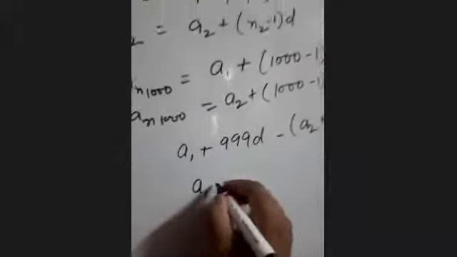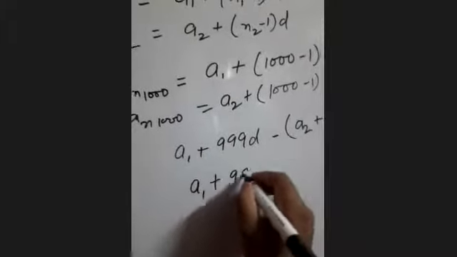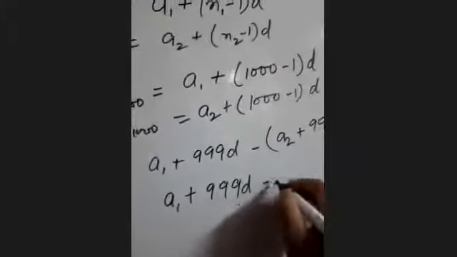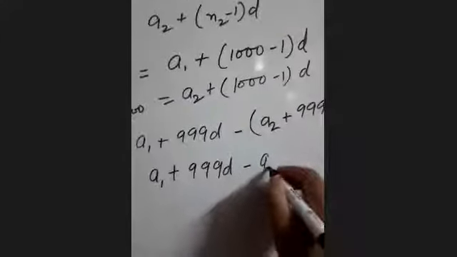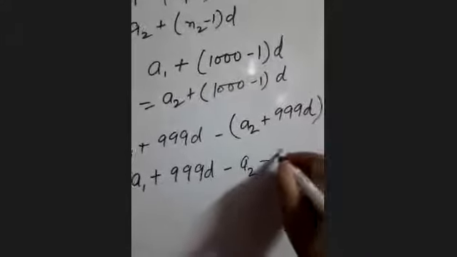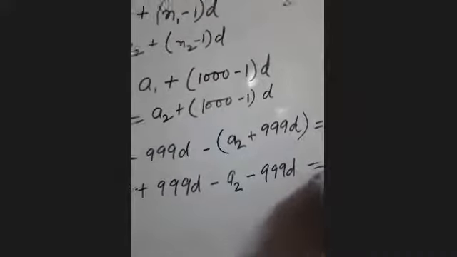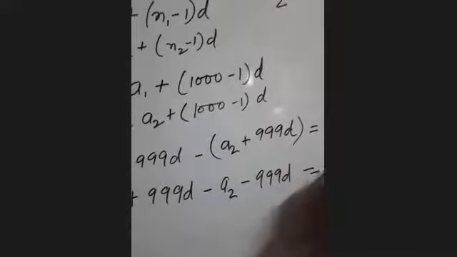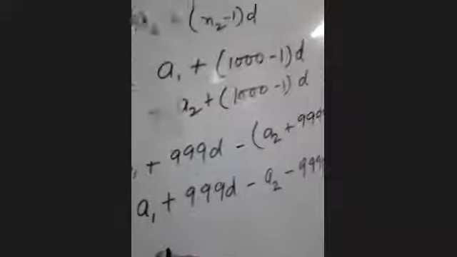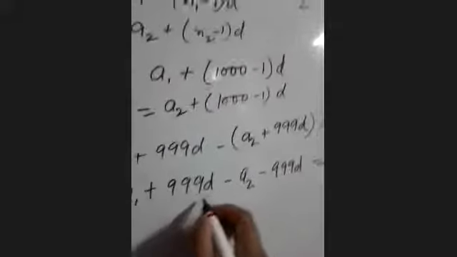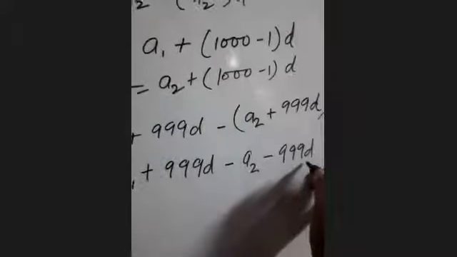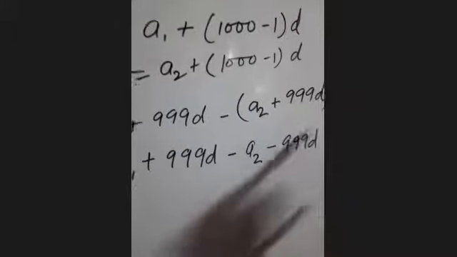A1 plus 999D minus, and the 999D will also become negative. Let's suppose it is x, in fact that will be the answer. So keep it like this. Now 999D is having plus, and this 999D is having minus. So both will